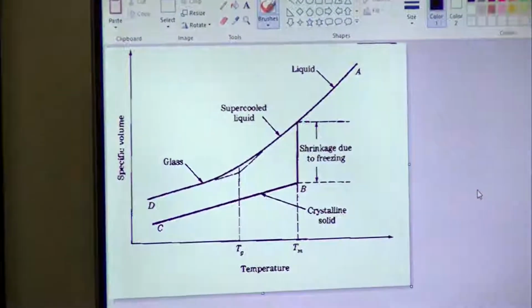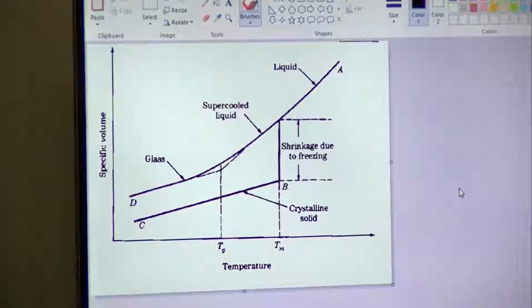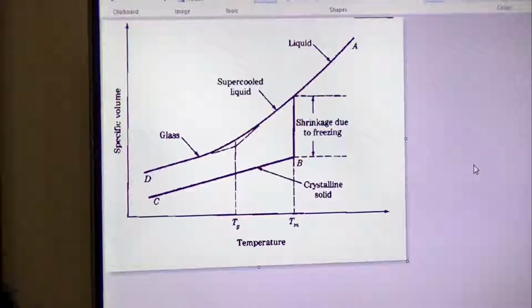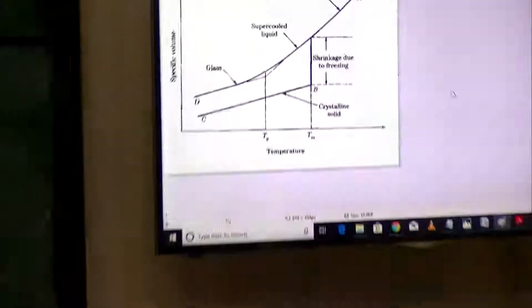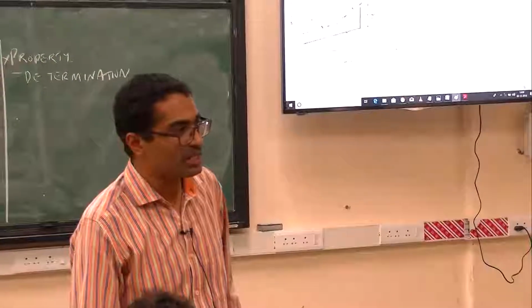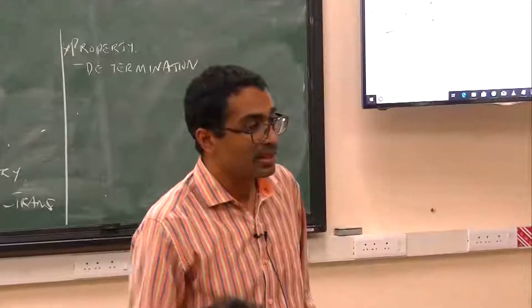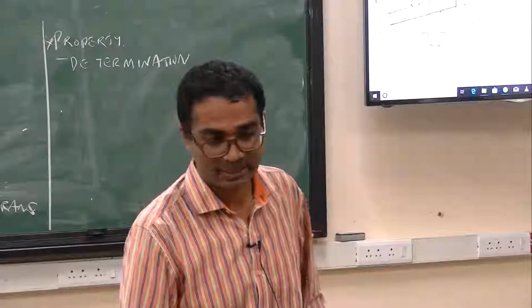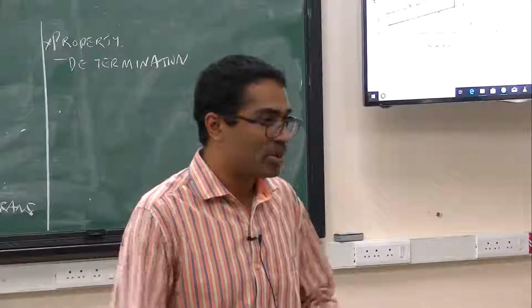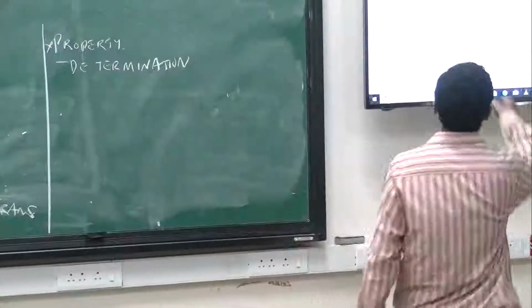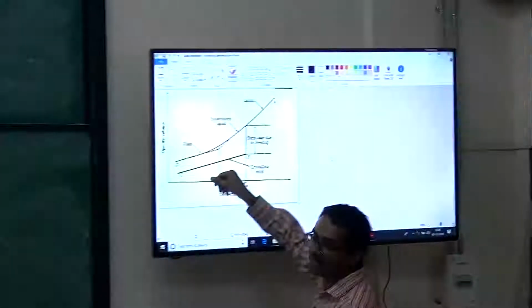Now there is a shrinkage. Now this shrinkage is due to freezing. What does this actually mean? Until all liquid comes to solid, the volume... Correct. So that's equivalent to saying that the specific volume of a solid is larger or smaller than the liquid? Smaller, much smaller, because the atoms or molecules are sitting more tightly close to one another and so on, right. So, there is this shrinkage. It is because of a liquid to solid transition, isn't it?